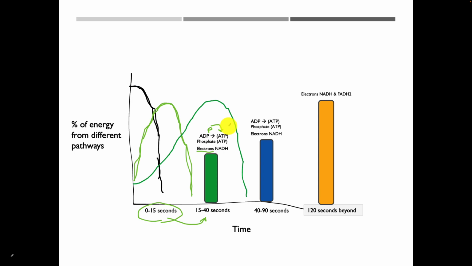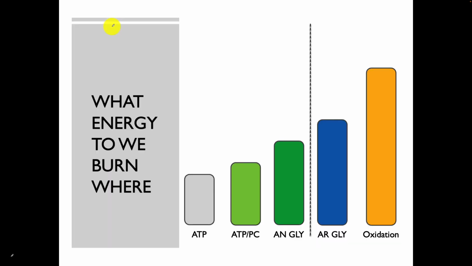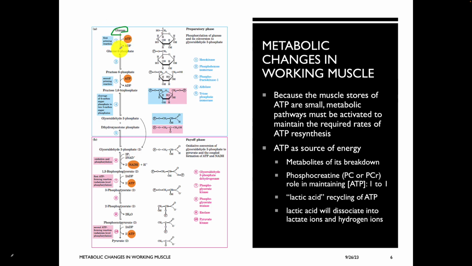So let's go back a little bit. Let's go to this slide. So once we enter anaerobic glycolysis, we are using sugar, right? And I told you that that sugar is either coming from the blood or coming from muscle glycogen, okay? Most of it will be coming from glycogen, which means it's already stored inside of the muscle. Glycogen is a polymer of glucose that is stored in the muscle as energy. And what happens is that glucose will go through all these enzymatic reactions, and we will lose a little bit of ATP in the